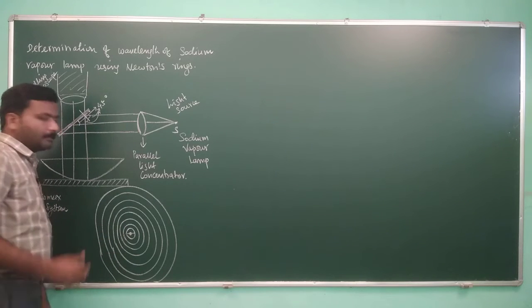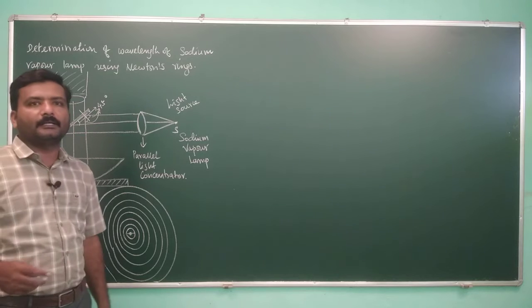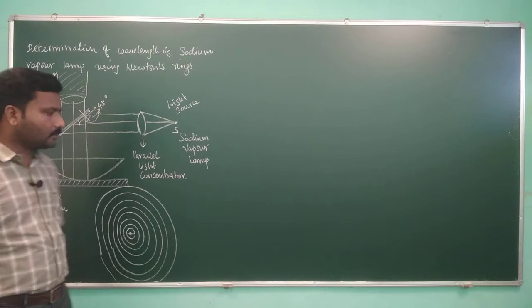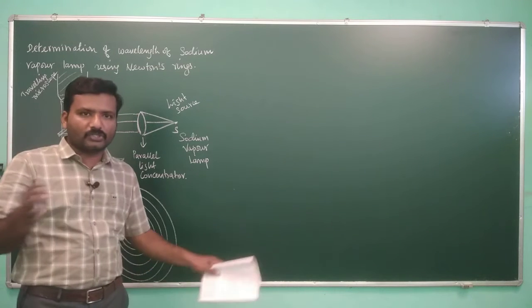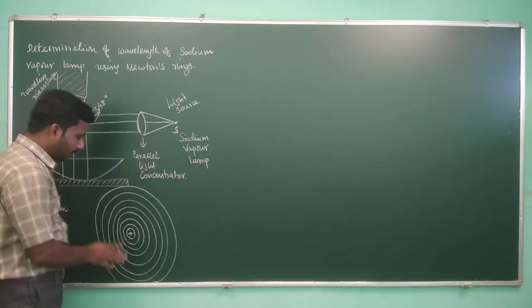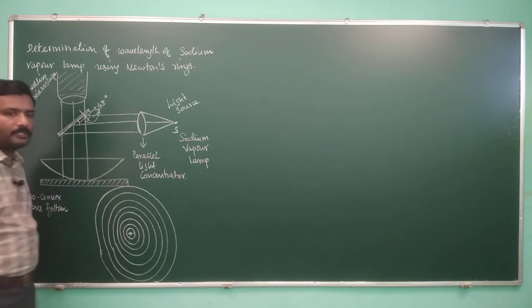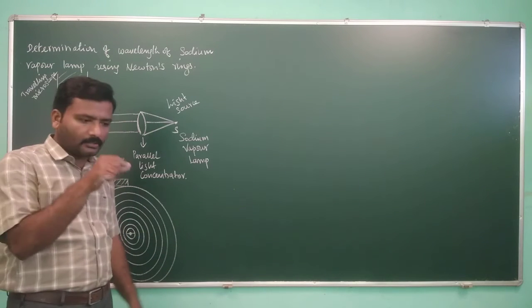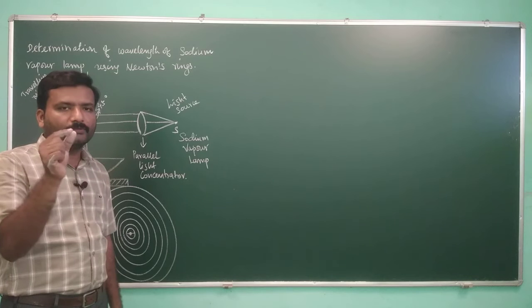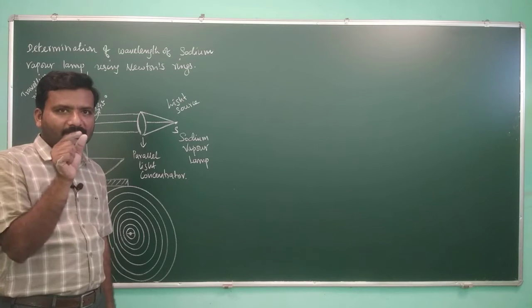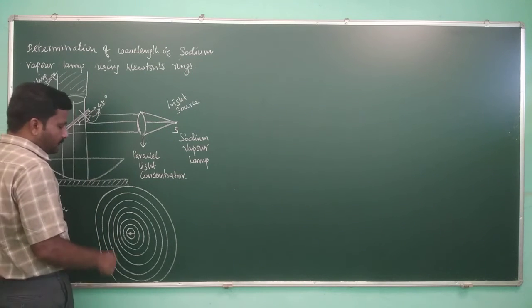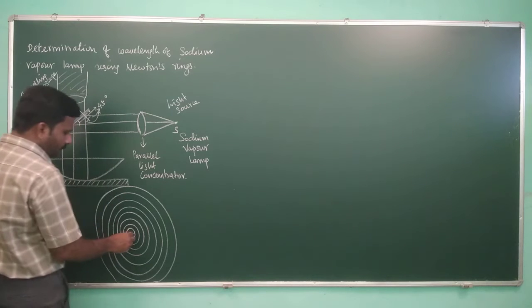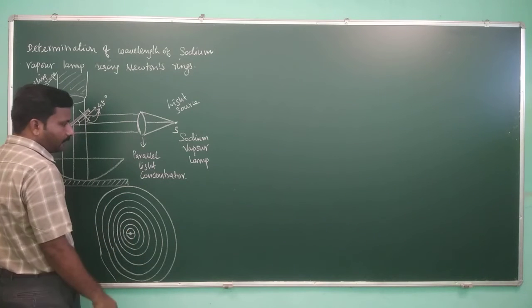But when you look through the traveling microscope, there are a large number of concentric circles which are closely packed, not as we have drawn in this picture. You could see that all the rings are very close. So we would have experienced only a very small distance between bright and dark rings, so the rings are closely packed, right?